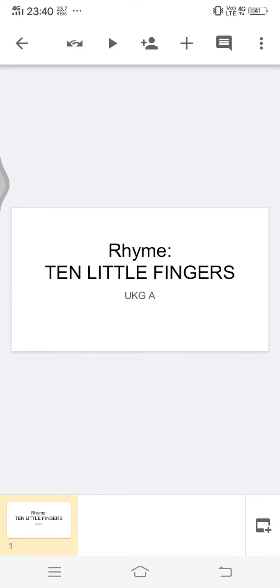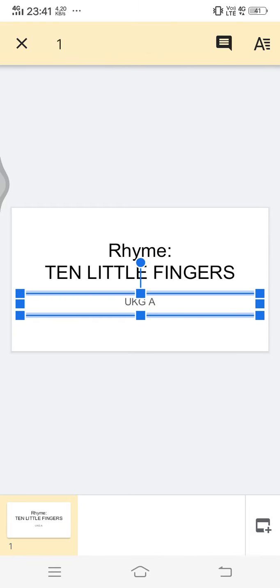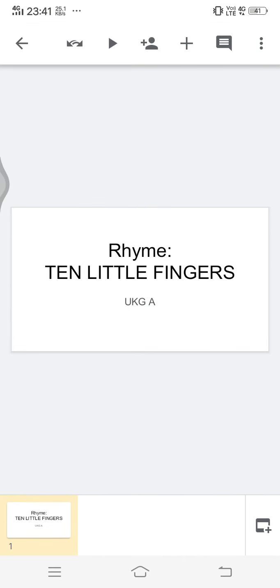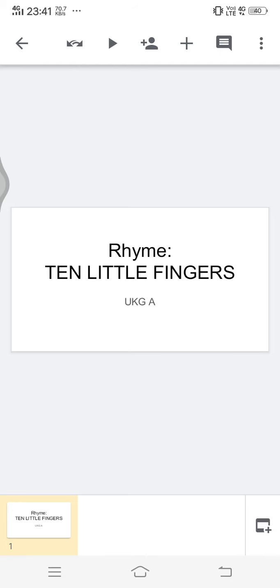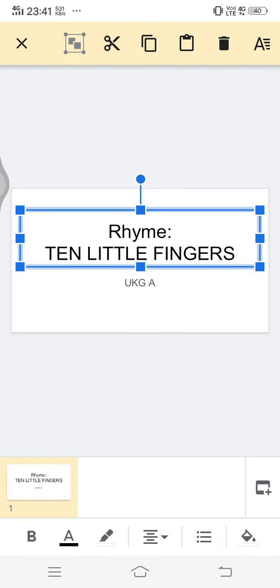Now if you want to add a color to the entire box, all you got to do is long press on the entire box. But if you see it's not working, so it doesn't matter, you can just press this text box first, because this is the box where you put the title. So what you need to do is, after you type this out, unselect by pressing the white portion, then again long press on the text that you've written, and a yellow band with these options on top will come up. The first option, the scissor, is to cut. The second option is copy. The third option is paste. The fourth option is to delete.